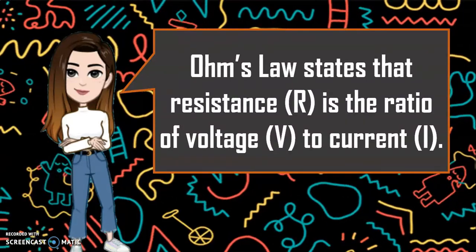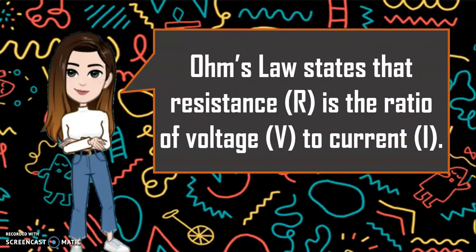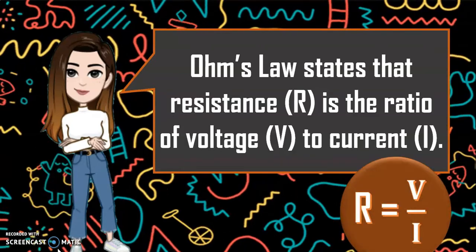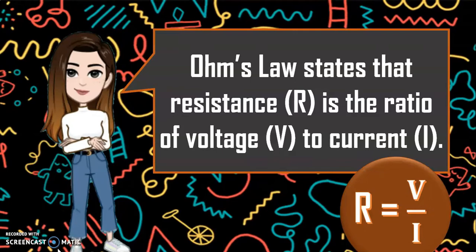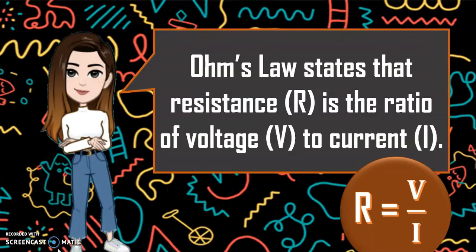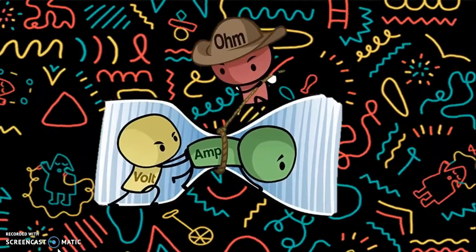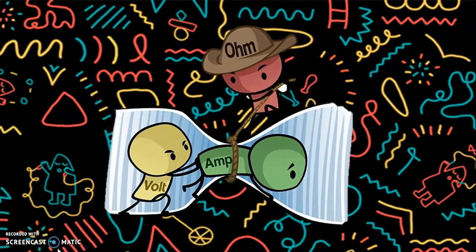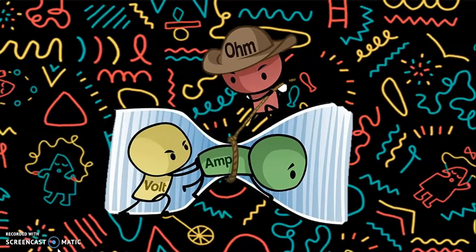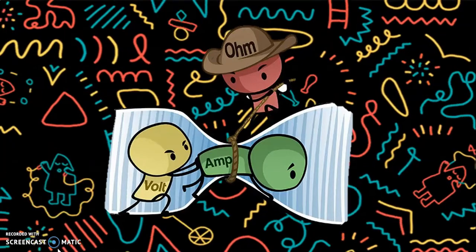Ohm's law states that resistance is the ratio of voltage to current. In symbols, R is equal to V over I. This picture shows the relationship among the three electrical quantities, specifically the relationship between ampere and volt, and ampere and